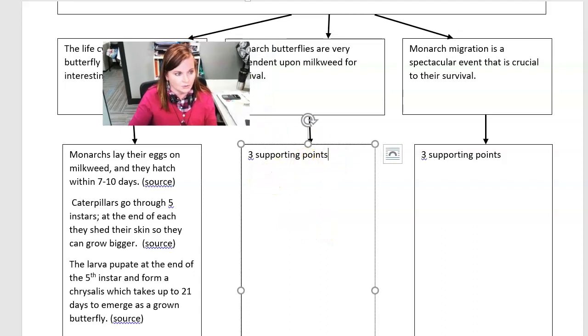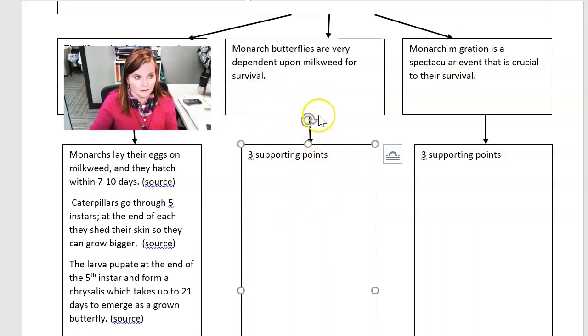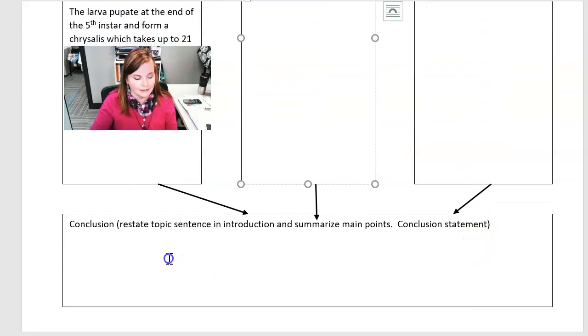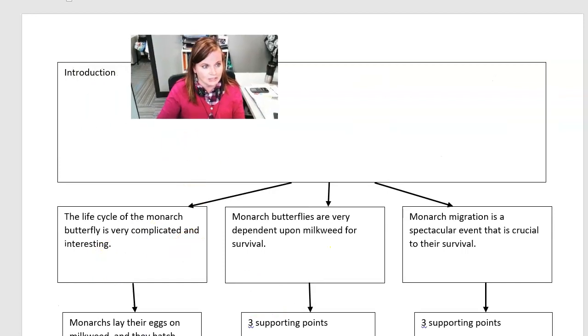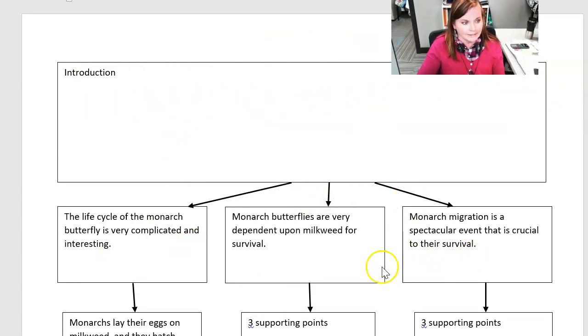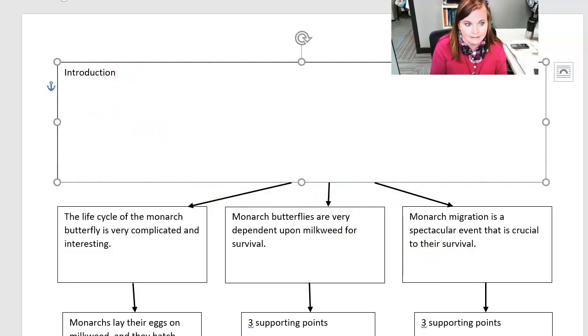So then we do the same thing for our second guy, right? 3 points. Same thing for our third guy, 3 points, right? And then next, we can do the conclusion or we can really go back to the introduction at this point. We've got our main ideas. So my introduction is made up of your topic sentence,